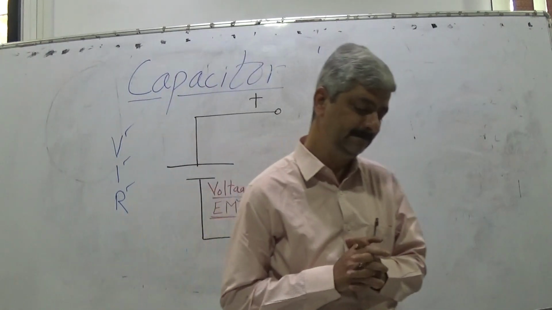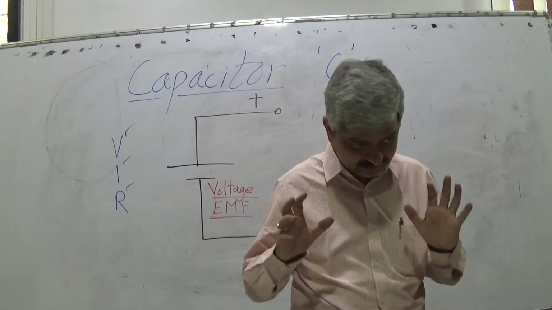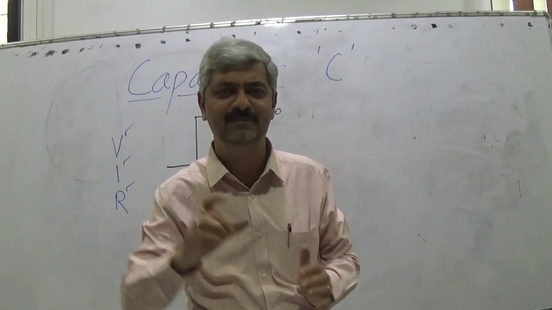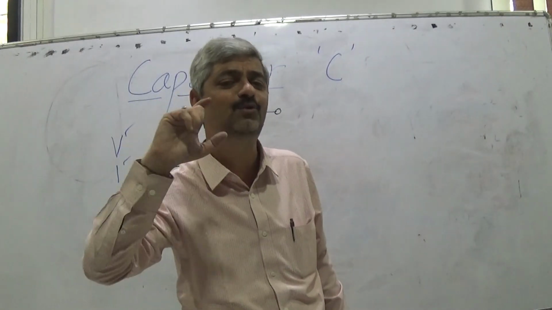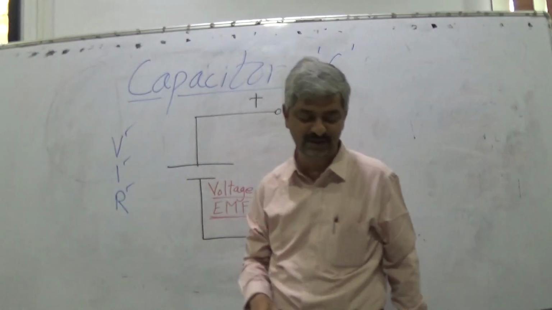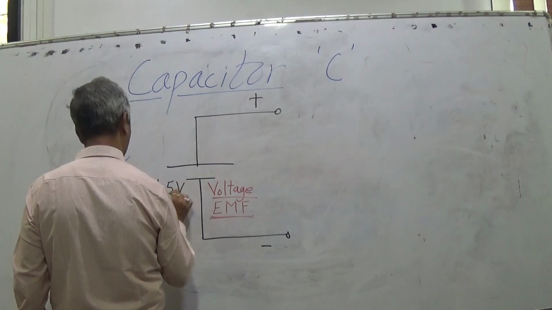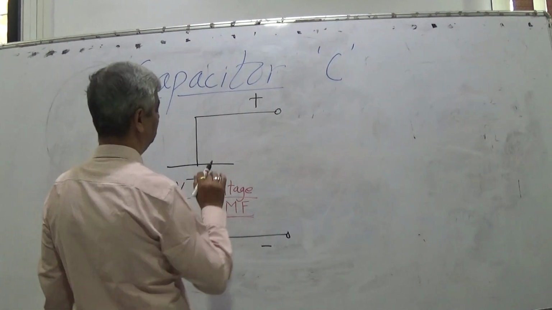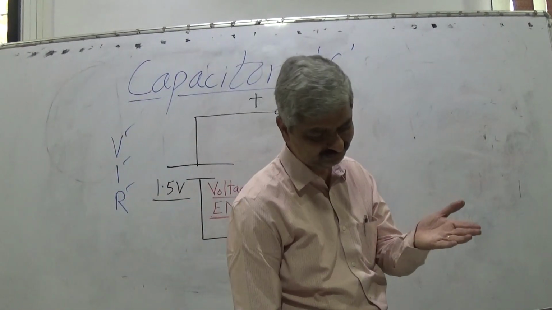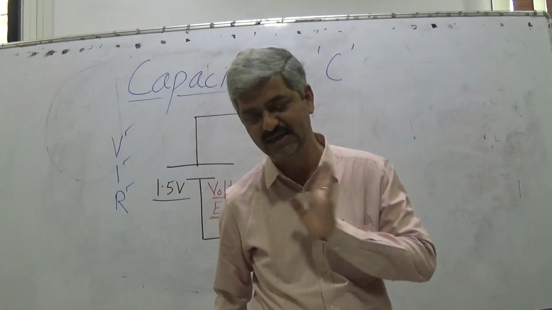So, a voltage source at an abstract level is difficult, but you bring a battery cell, which you can see, having one positive terminal and one negative terminal. Let us say it gives 1.5 volts. What is that? What exactly does it do? And what is the equivalent example on the physical side which I can give?